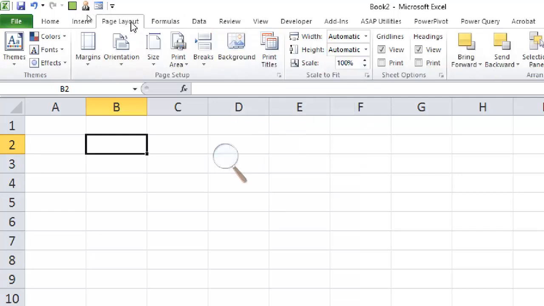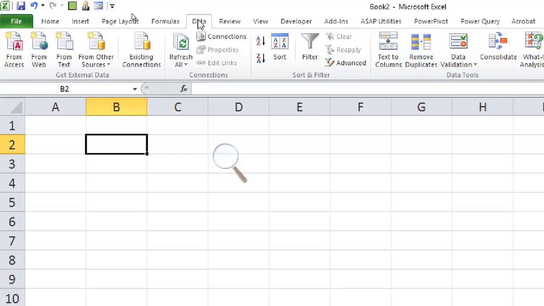Then you have the Page Layout ribbon, where you learn about the page settings in Excel spreadsheets, like if I want to insert a background, or if I want to print titles on each page, or if I want to change the orientation, what types do we have in this screen. If I want to hide the grid lines, how can I hide the grid lines.